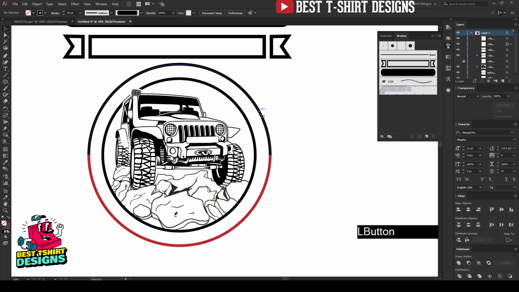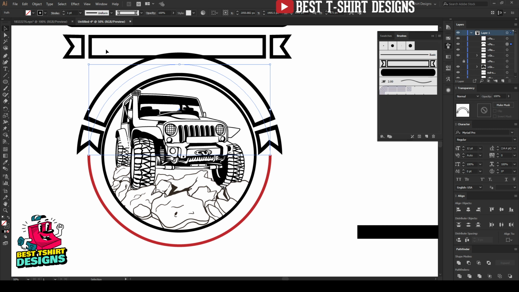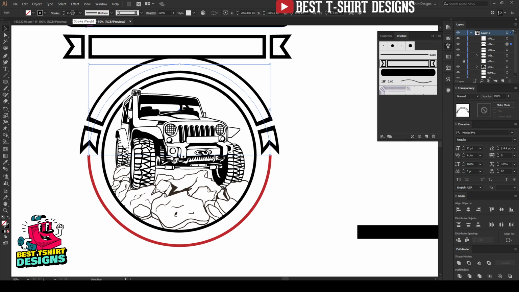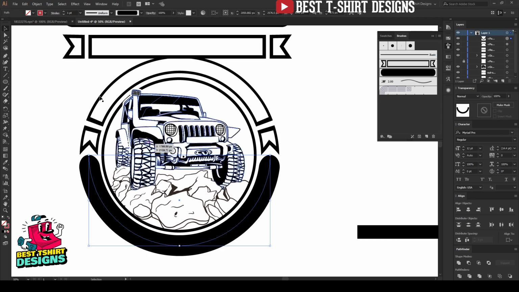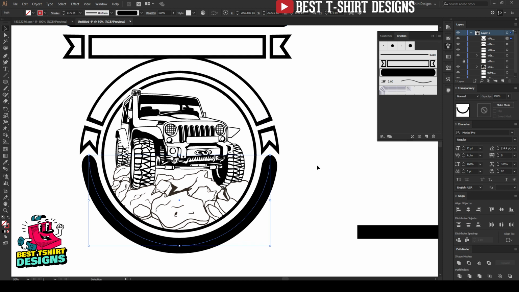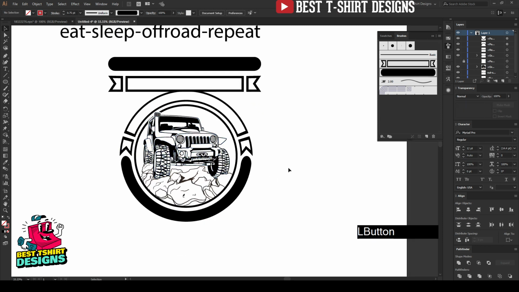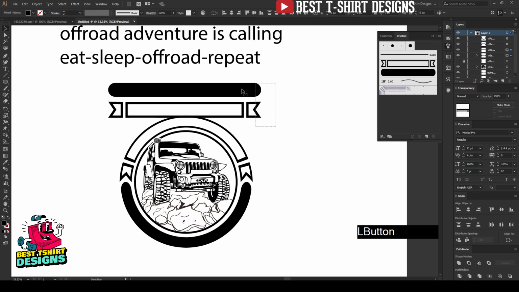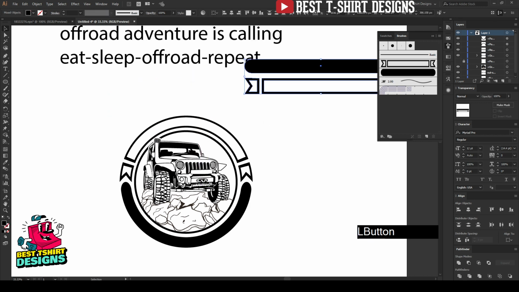So I'm going to select this first ellipse here, and then if I click on this brush, it is going to look like this. We can of course make it a bit smaller, maybe kind of that. That is fine. Now let's select this part and then click on here. It is going to apply those brushes. Let's make it smaller, kind of this. So that part is done, I think. Now let's do it again.